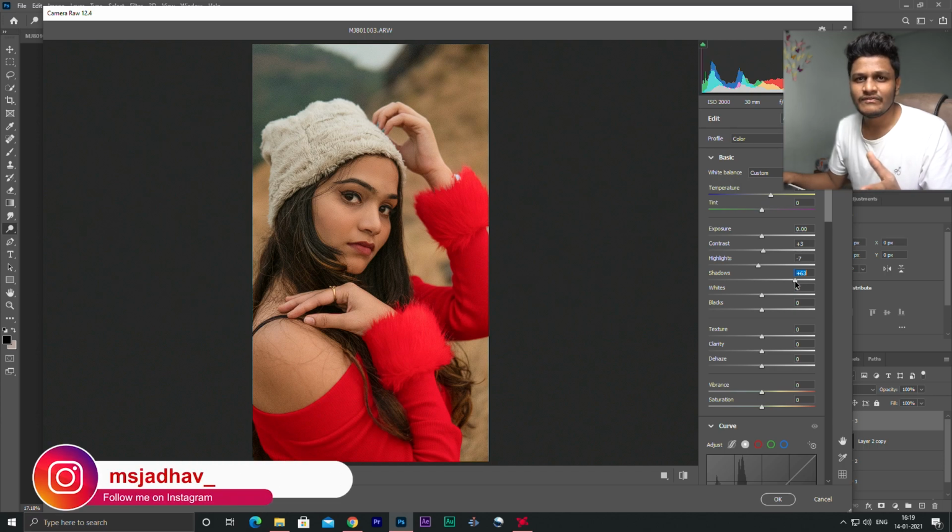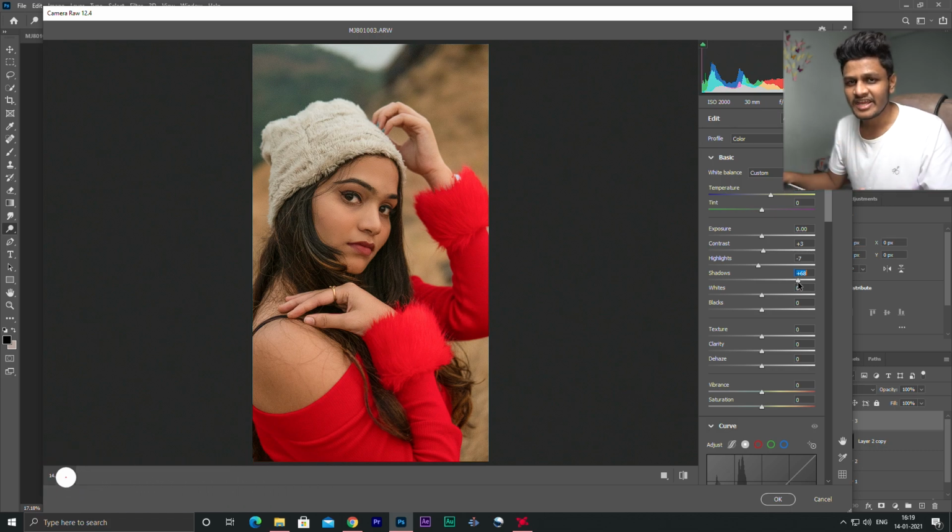As you can see guys, when we increase the shadows, all the details from the darker areas are now visible completely without breaking the image. So that is the advantage of shooting in RAW. So you should always shoot your portraits in RAW or any other image, so you can always bring back that detail from the shadows as well as highlights in post processing. So make sure you always shoot in RAW.